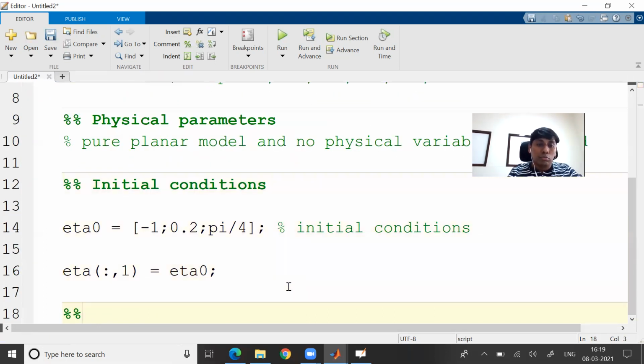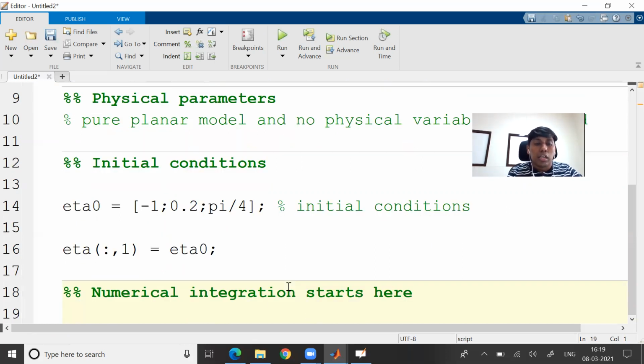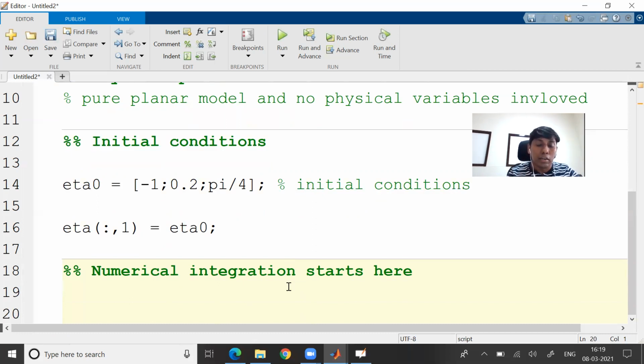So let us go to the numerical integration part. Numerical integration starts here. What that means is you have to make some kind of iterative thing, in the sense it's supposed to have a loop. Here I have used a for loop. The loop will start from i equal to 1 and run till the end of t. In the sense it's supposed to go 101 times, which I can calculate as the length of t. Whichever is higher gives that, so it is 101 cross 1.